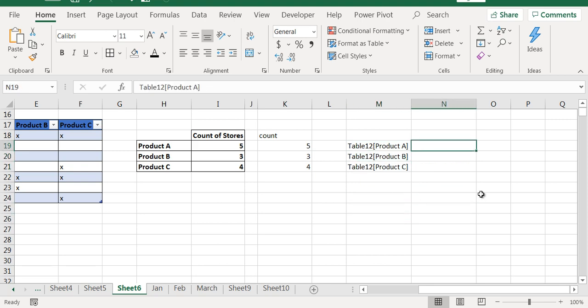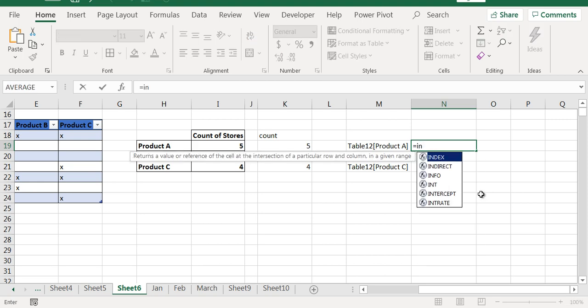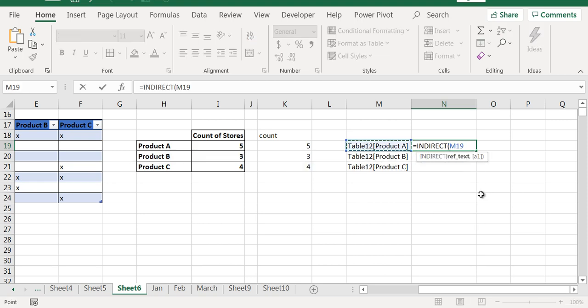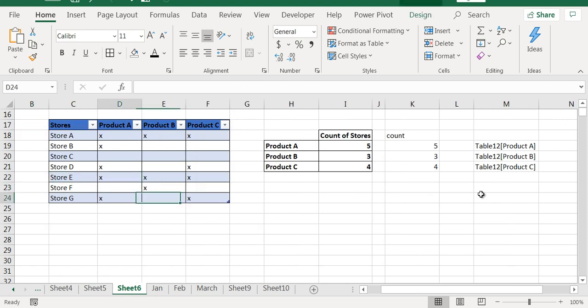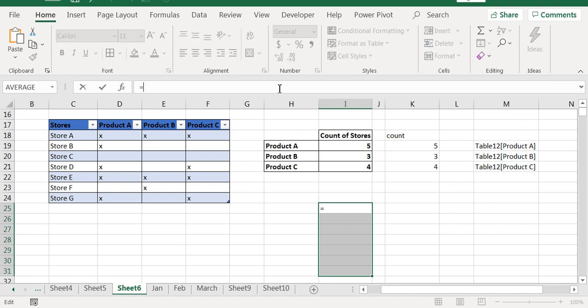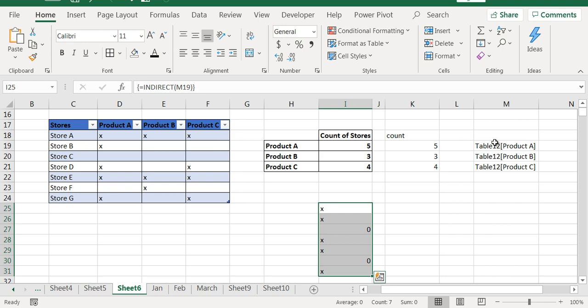Now why have I done that? I have done that because I want to use the INDIRECT function. If I refer to this with INDIRECT, I will be able to get the values of product A. Note that here it will show only 1, but it is an array, so how many are there? Total 7. So I will select 7 cells and write INDIRECT, refer to this, and press Control Shift Enter. See, the Xs have come, and where it was not there, it has been replaced with 0. So it is a very, very powerful technique now in our hand.